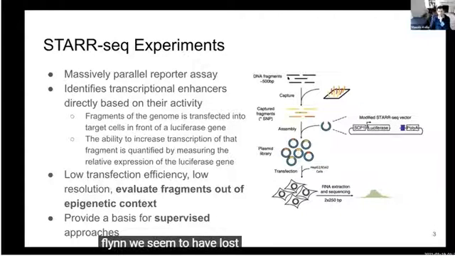Flynn, we seem to have lost you. Oops, my guess is connection problems. I do have these slides, so why don't I start sharing, and then